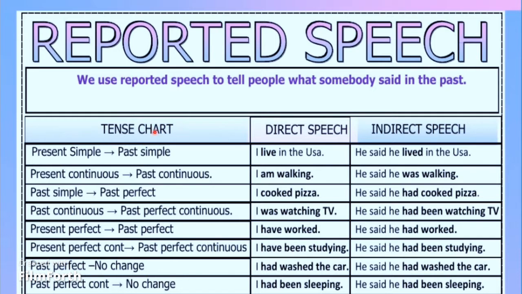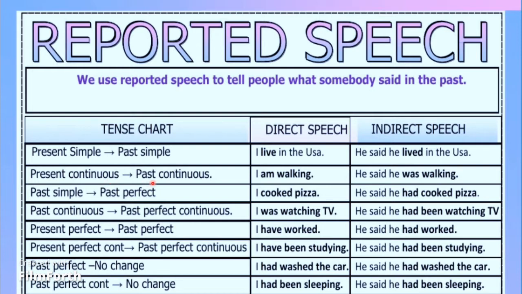In the tense chart, you have the direct speech, and in the indirect speech, it shows how you should be converting it. Okay. Present simple becomes past simple. If it's a simple sentence in present tense, it becomes simple past. For example, "I live in the USA." I've not given "he said, she said" and all that; we'll be adding that in the indirect speech. It's a simple present statement. How do you convert that to indirect? It becomes "he said that he lived in the USA."